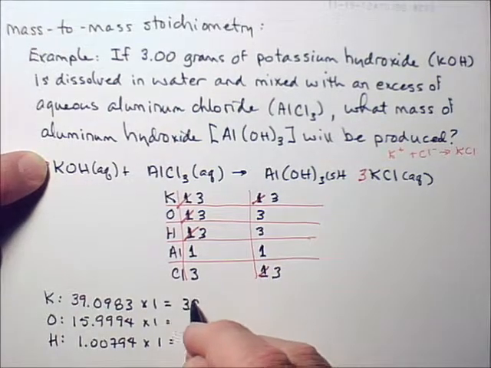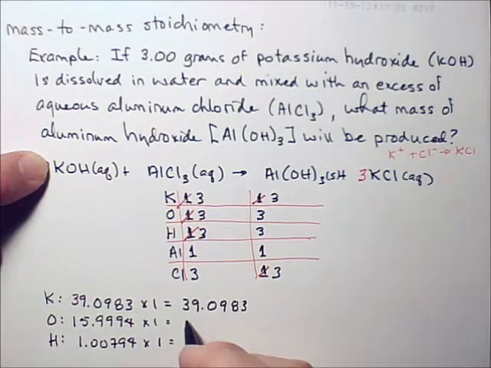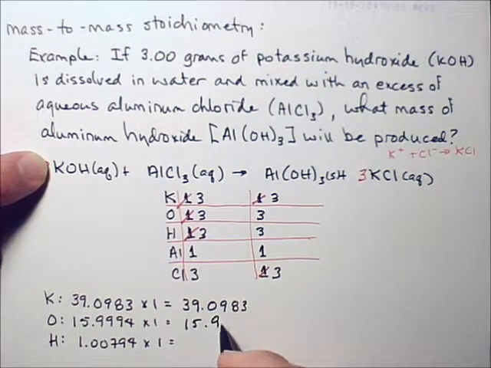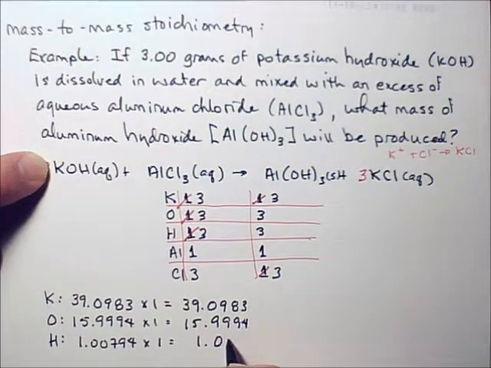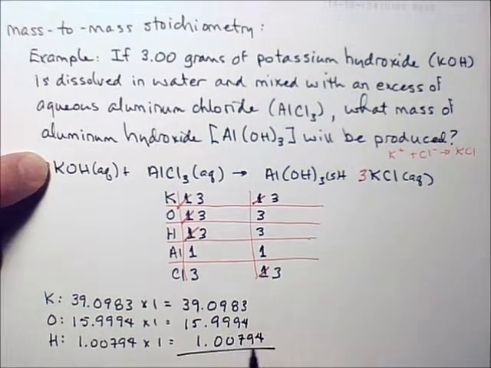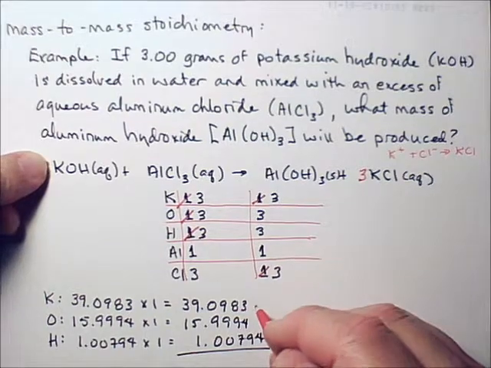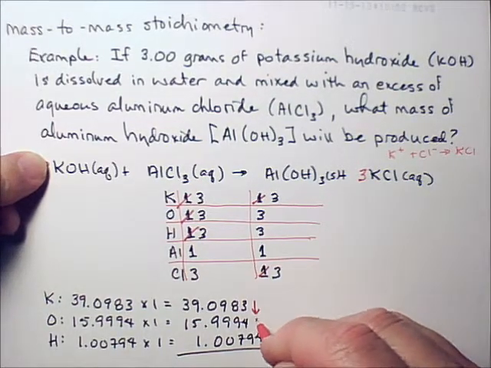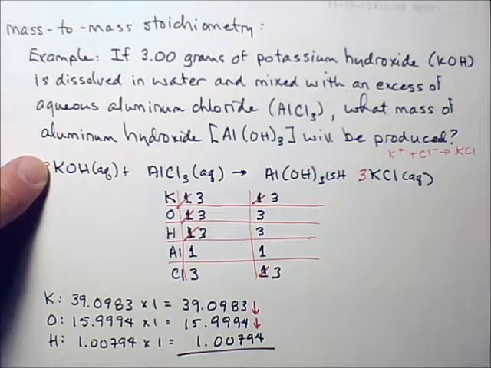So we're going to add up 39.0983 and 15.9994 and 1.00794. Once again, notice I've been very careful to keep all the digits lined up in nice, neat columns. It allows me to easily see I have an empty slot here and here. Okay? So when I add these together,